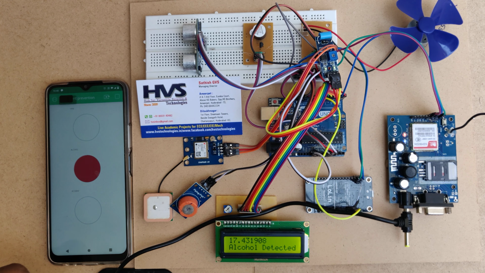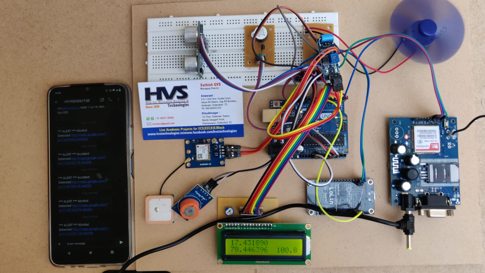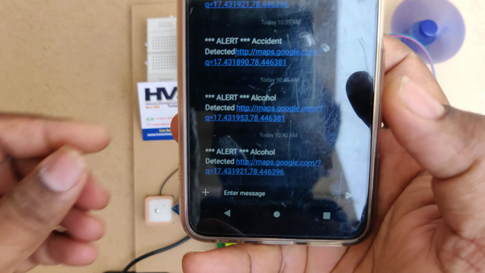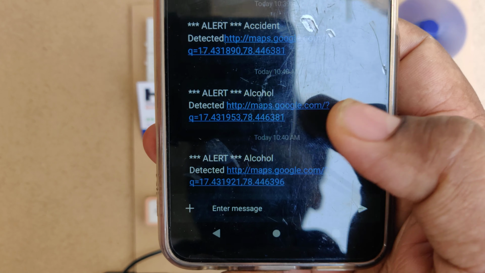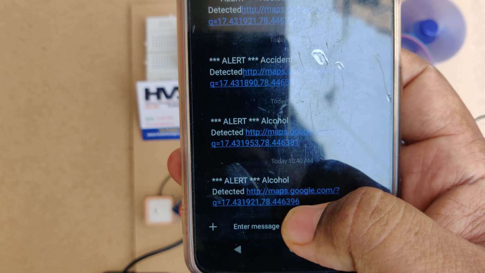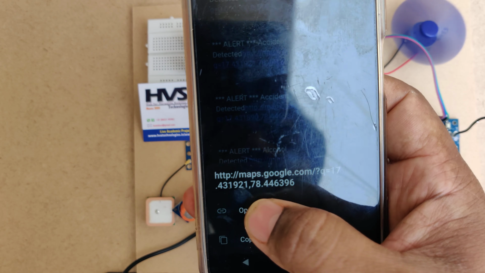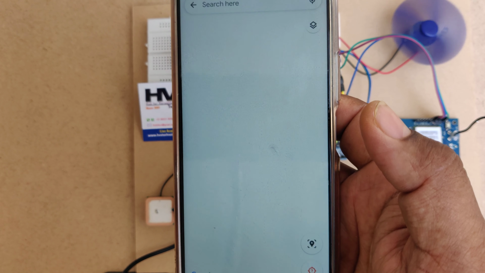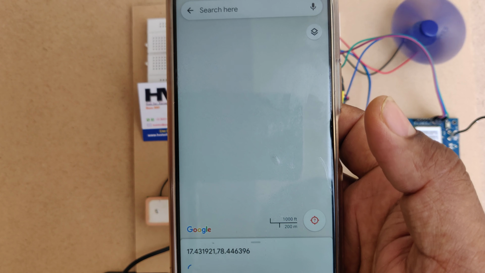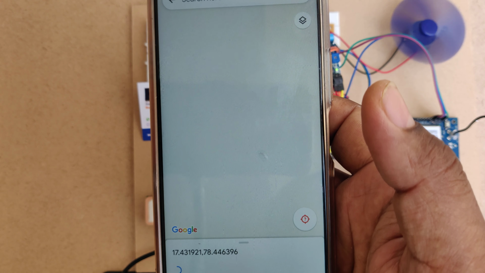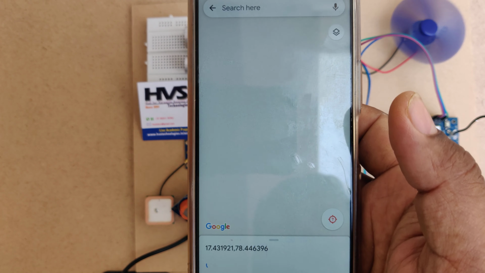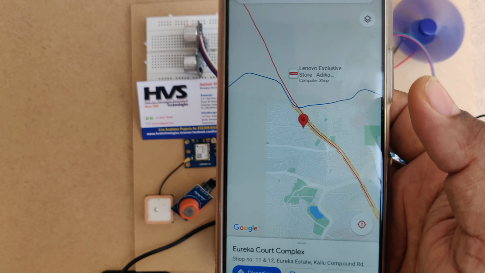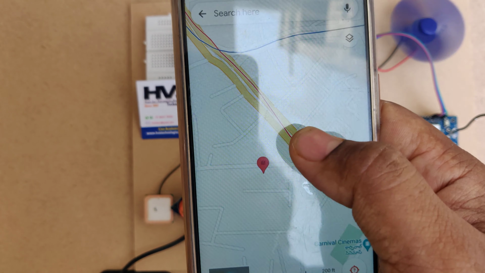Once you open the message, there will be a link along with the intimation alcohol detected. Just click on the link, and it will be directed to Google Maps, and we will get the live location.